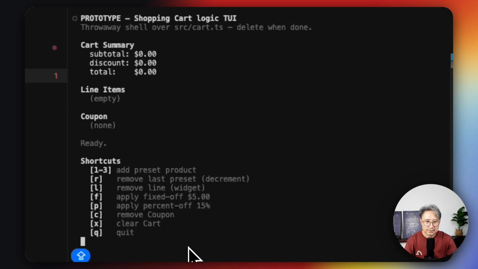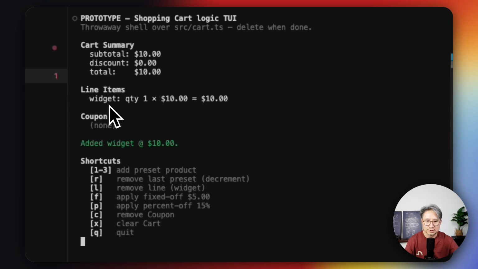Firstly we choose item 1, a widget at $10, and apply a percentage of 50%. We use P, and the total calculation is right, reduced by 50%. Now we will make sure the half-up rounding calculation of the decimals is good.